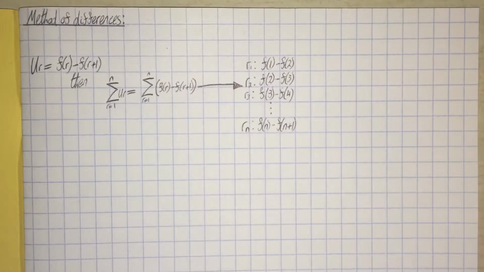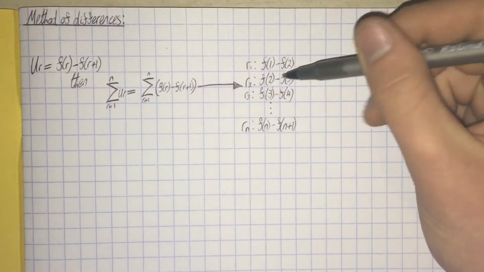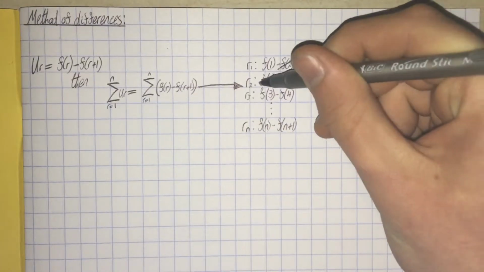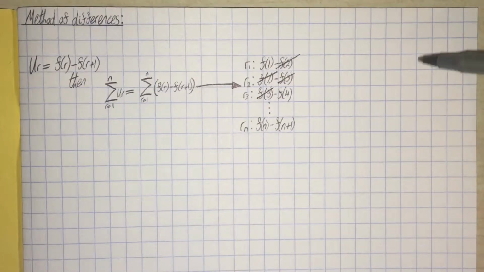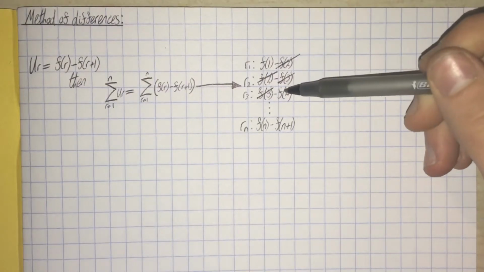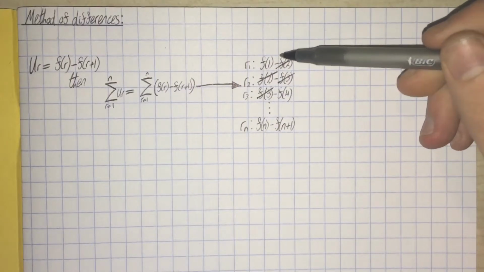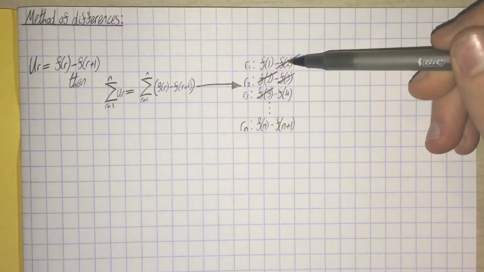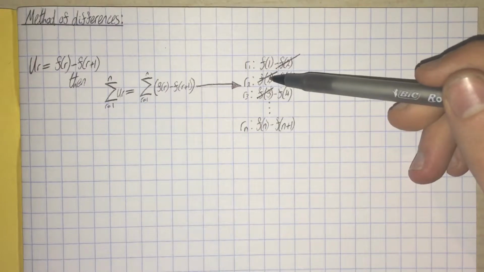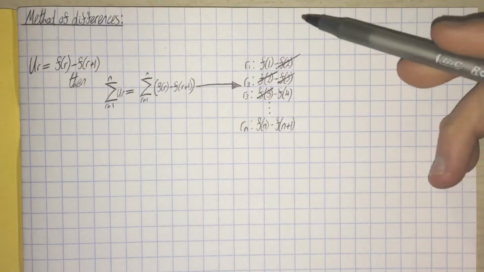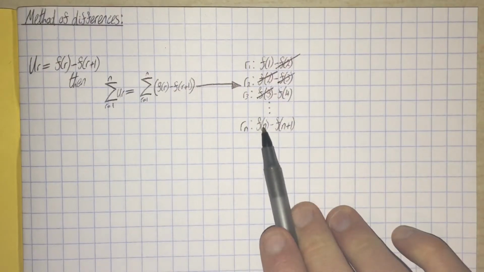Now you may notice that some terms here actually cancel off. We have an f(2) here and an f(2) there, which means those will cancel off with each other. Same for f(3) and f(3). And you will actually notice a pattern that if you went on even further, your f(r+1) on the right side cancels off with the f(r) below it to the left, just one down to the left. This pattern will actually repeat throughout,